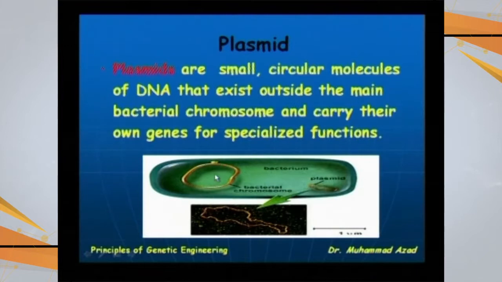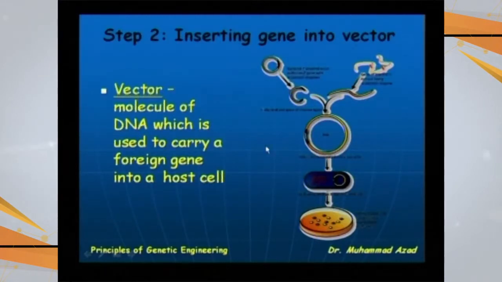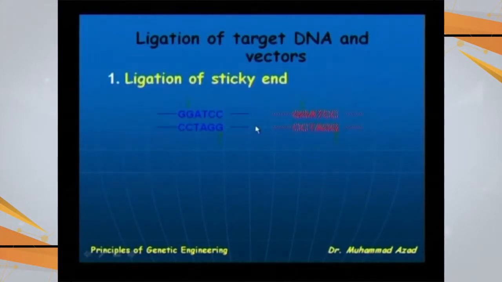This is the main chromosome of the prokaryotic cell, and this is an extra chromosomal ring, the plasmid. We can remove this plasmid from the bacteria and cut it, and this is our isolated gene of interest. We insert this gene of interest within this plasmid, and this is a recombinant DNA. Now this DNA is made up of DNA of the bacterial plasmid, and this is the part of human DNA. That is why it is called recombinant DNA, DNA belonging to two different organisms, and this is possible due to the use of vectors.